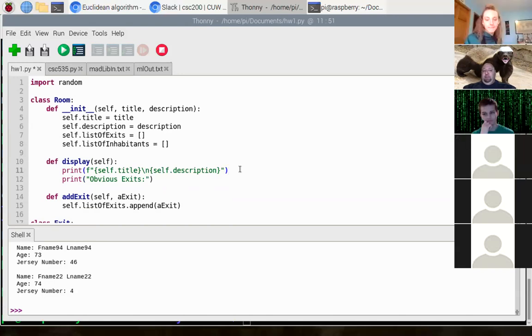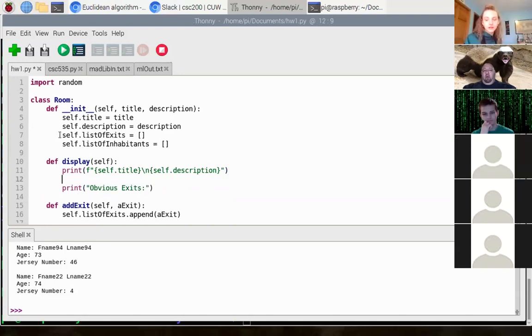And what we want to do is build up a string that has our obvious exits in it. So the way a human being would perceive our exits is not in terms of exit objects, but in terms of the,